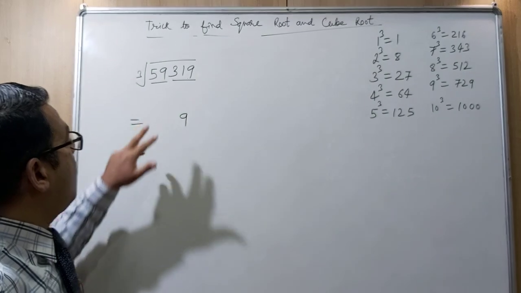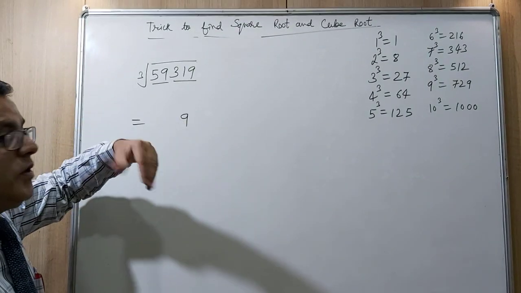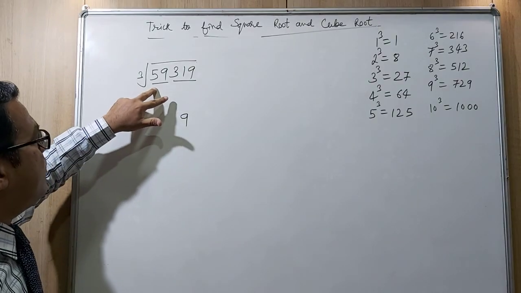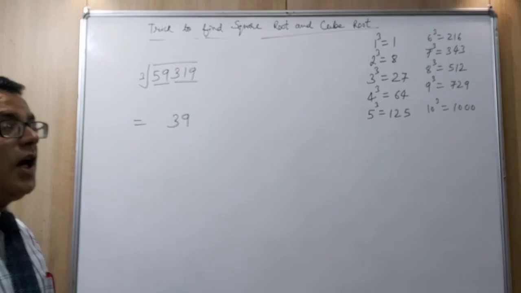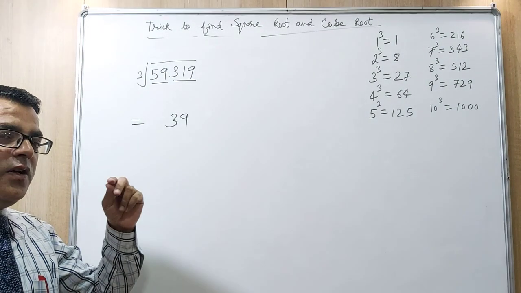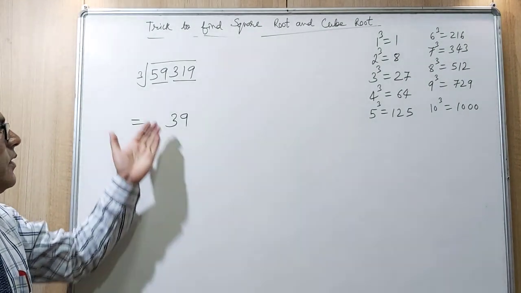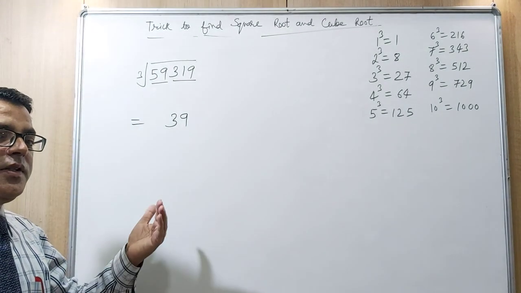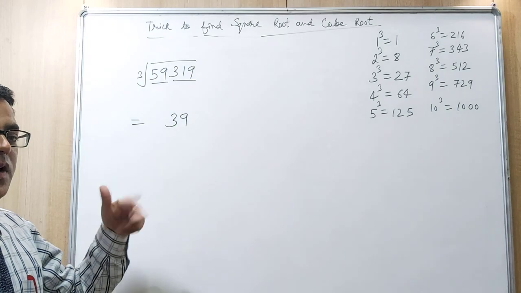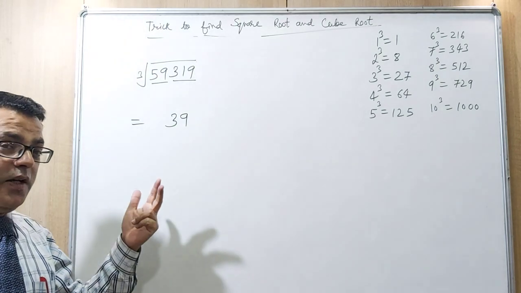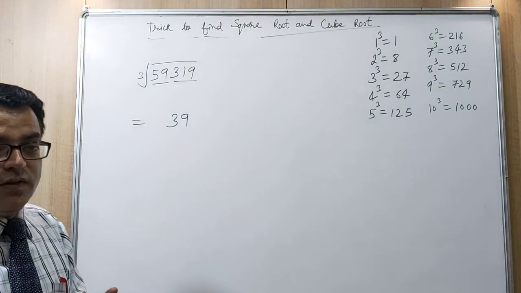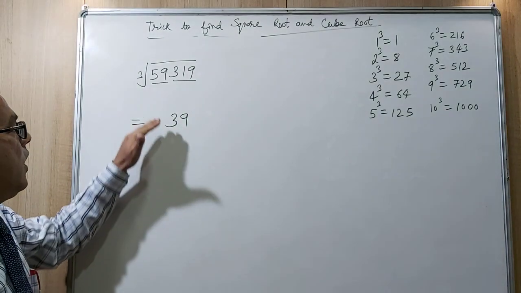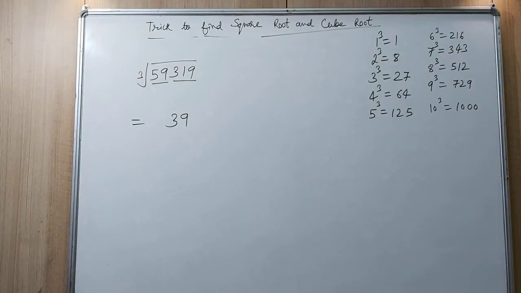Hope you understand. Now we have to decide what will be the first digit. So 59, where does 59 come? It will lie between the cube of 3 and the cube of 4. So we need to take the lesser value. What is less? 3. So 39. You can see within seconds we are able to write the answer. I am explaining each and every step, that's why I am taking 6 seconds. But if you do it on your own, within 2-3 seconds you can find the answers. It depends on your practice. So 39 is the cube root of